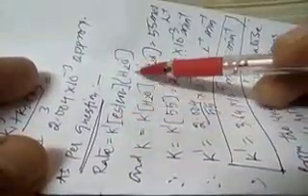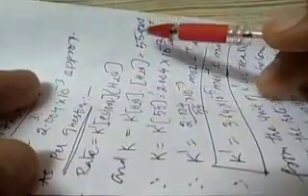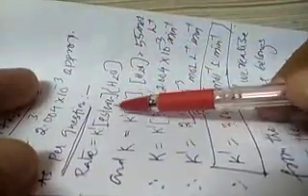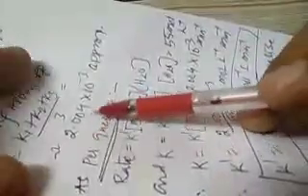Now in the question it is given that rate is equal to K dash into ester into H2O. The concentration of H2O is given as 55 mole per liter. We got the value for ester, so we'll put your K. The value K we have got is nothing but K dash into H2O. So your K dash into 55 is equal to 2.004 into 10 to the power minus 3. This is the value of K that we have put from this. So this is how you can get the value for K dash.